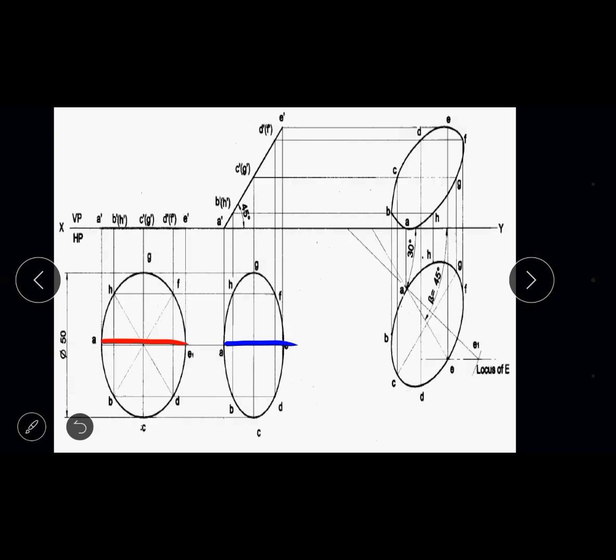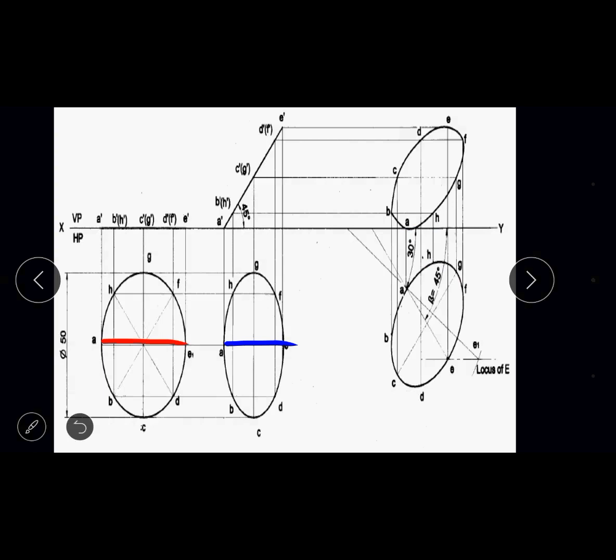In the third step, you will get the concept of beta angle. Since there is no "apparent" word in this statement, the given angle is not the beta angle; you have to find it out. The given 30 degree to VP is not a beta angle. In the third step, there are two angles: the given 30 degree to VP, and another, 45 degree, which is the beta angle that is found. These two types of angles you will find in the third step of your solution book.